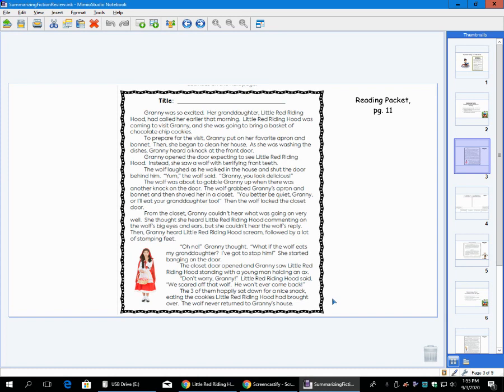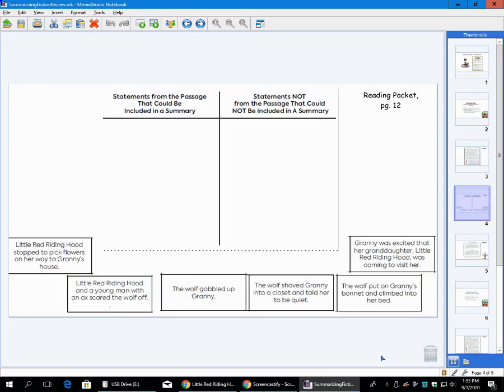Luckily, though, we have the man who comes by with the axe, right? And between Little Red Riding Hood and the young man holding the axe, they were able to scare off the wolf. And so the three of them happily sat down for a nice snack. Now, remember those key details. Those were the important ones we pulled out, because now we're going to do a little